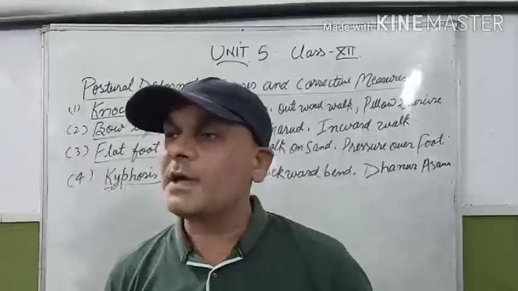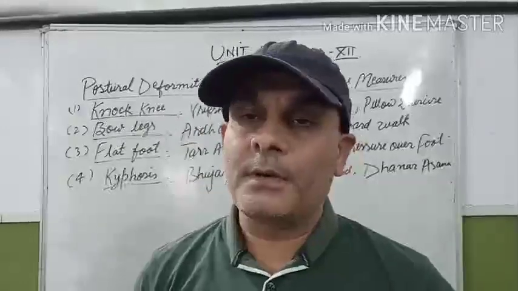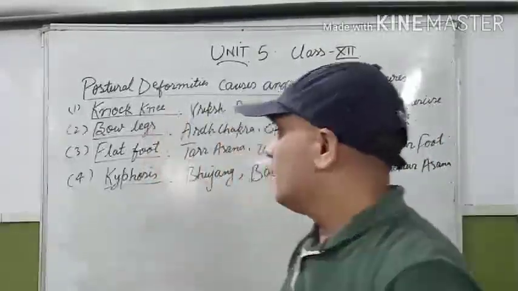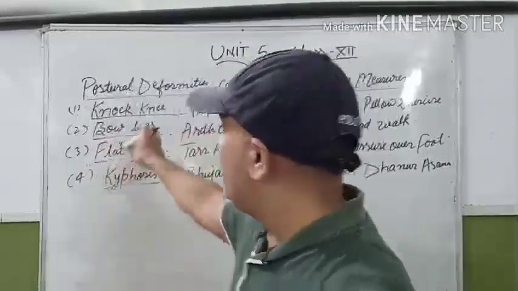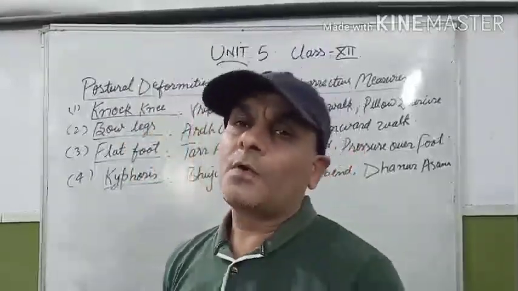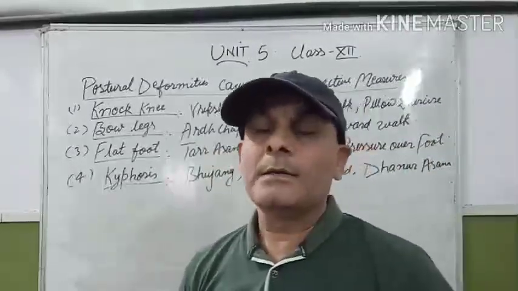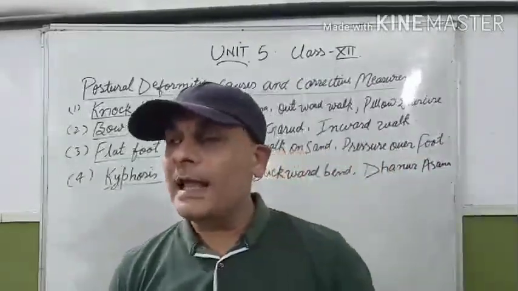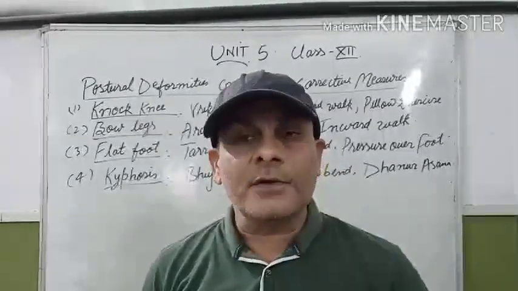The second cause of this deformity is rickets. In rickets, the bones are deformed and weak, and not in proper shape. So that is why people may suffer from bow legs. And the third reason is overweight or obesity. The causes of knock knee and bow legs are both the same, right? Due to overweight, the whole weight comes on your knees and the knees shift towards the sides of the body, so people suffer from bow legs.